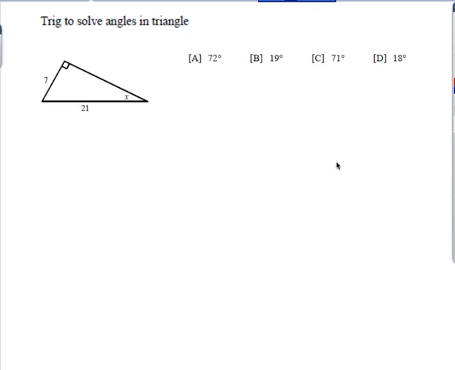Okay, welcome to Accelerated Math, Trig to solve angles in a triangle. Alright, let's see what we got here. We're looking at, we've got to find this angle over here, and we're given two sides to this. And we're going to use, I'm sure you remember this, SOHCAHTOA,